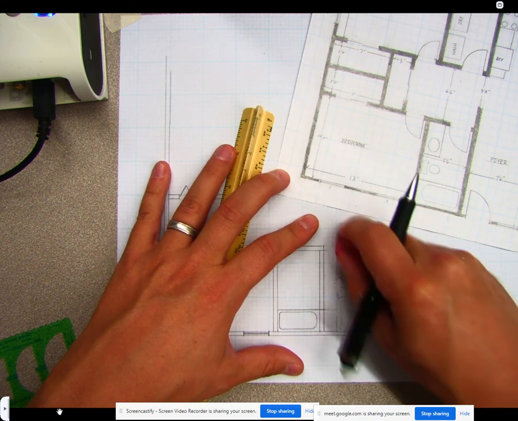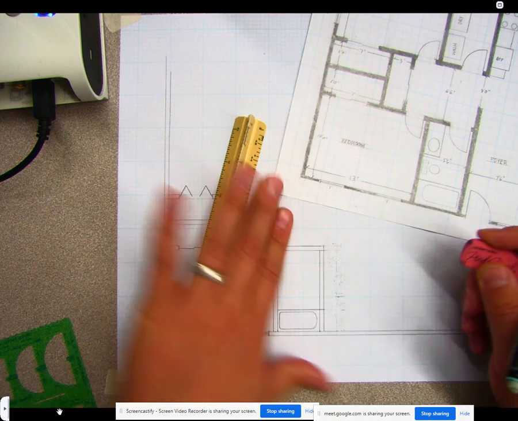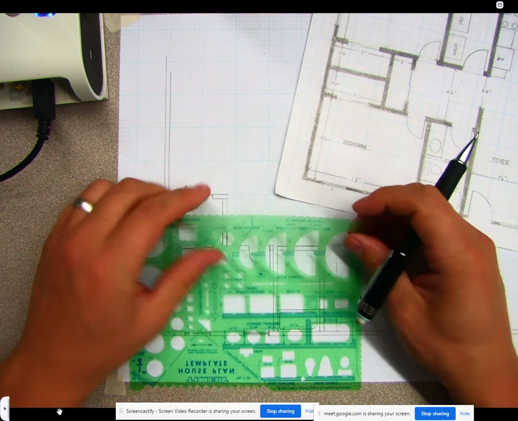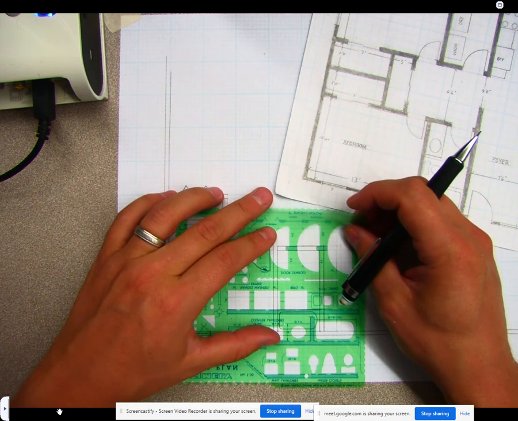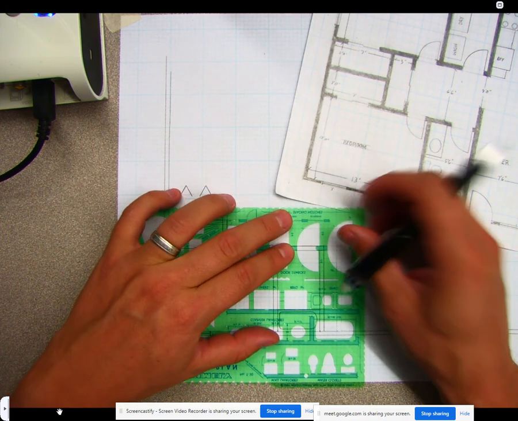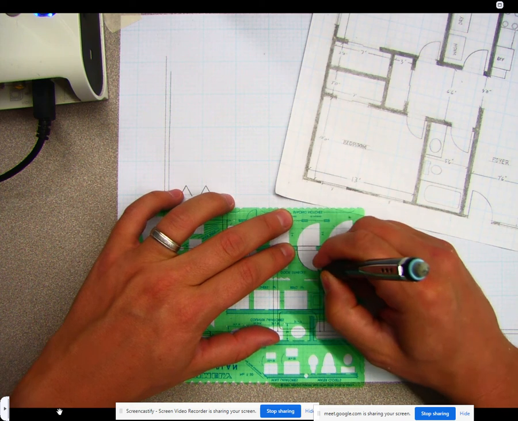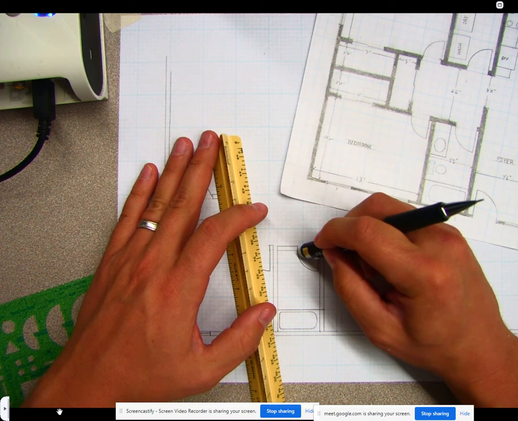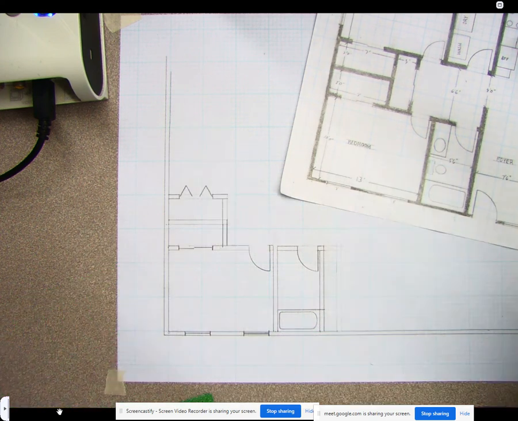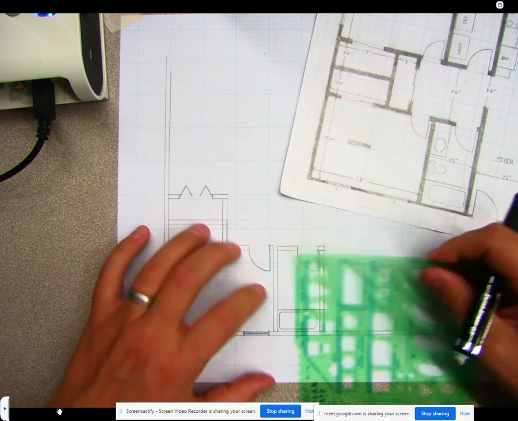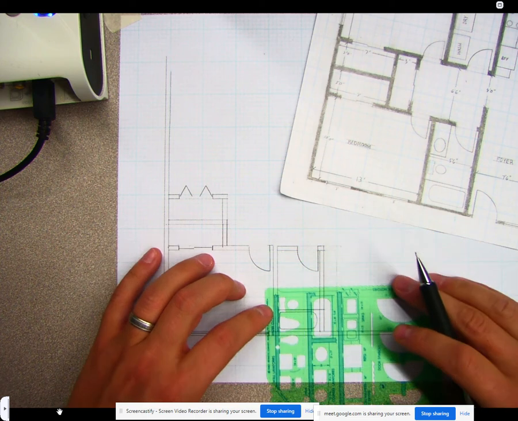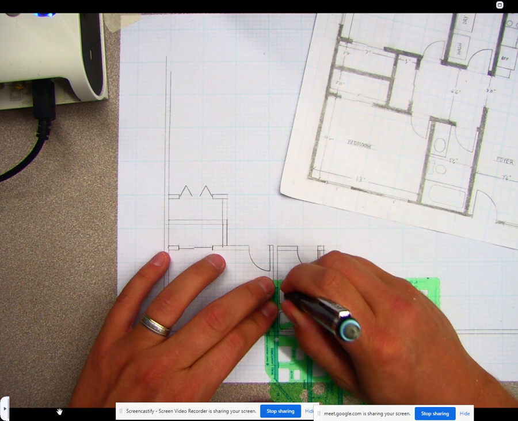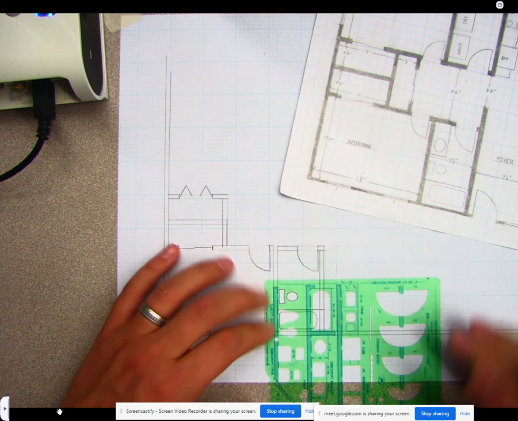Okay, so this full bath down here is the exact width of the tub. Okay, I'm gonna put a door up here too. Line this thing up. Okay, toilet. This one right here, again, it has that shaded in part that you can line up with the wall. Here. Okay, so